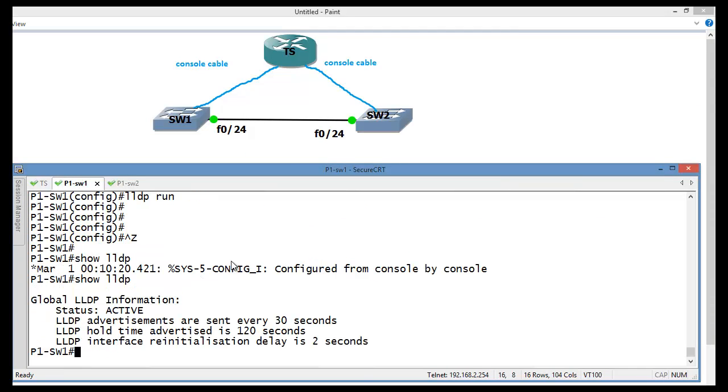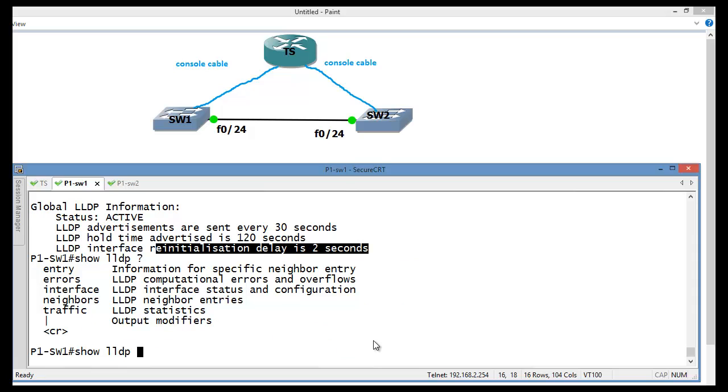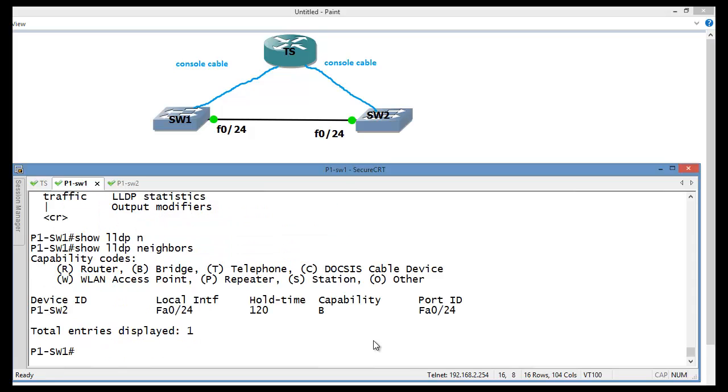Yes, now this is running, status is active, sending updates every 30 seconds, hold down timer expiry is 120 as I mentioned earlier, and reinitialize delay is 2 seconds. We also expect to see the neighbor, since both devices, switch 1 and switch 2, are running LLDP.